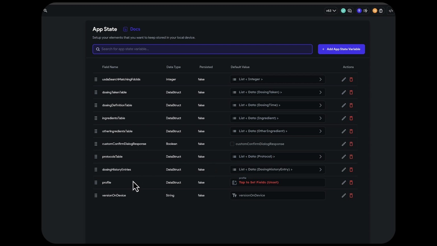As a first step, I created an app state called version on device. So this is just a string. It's a non-list variable in app state. And the second step was to